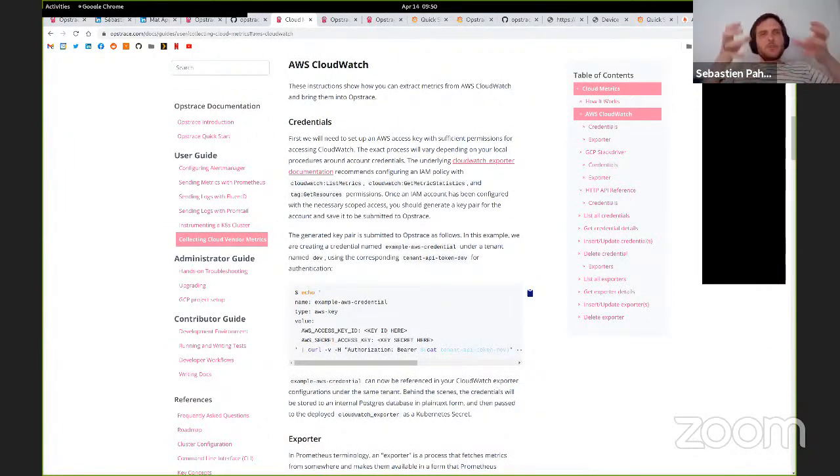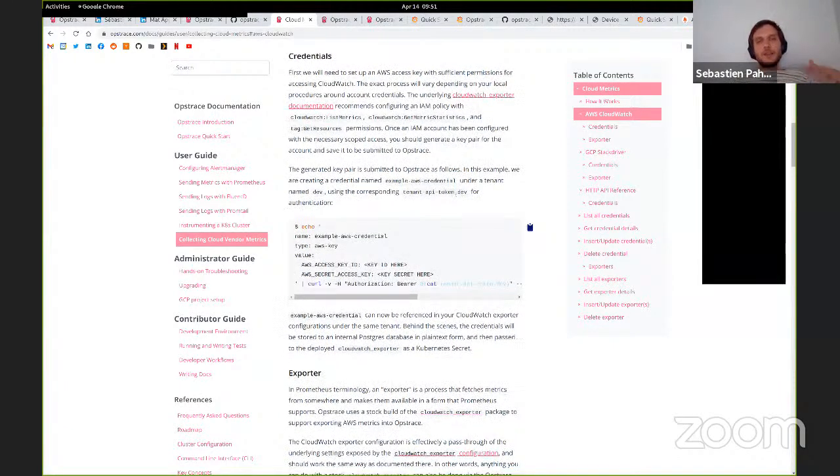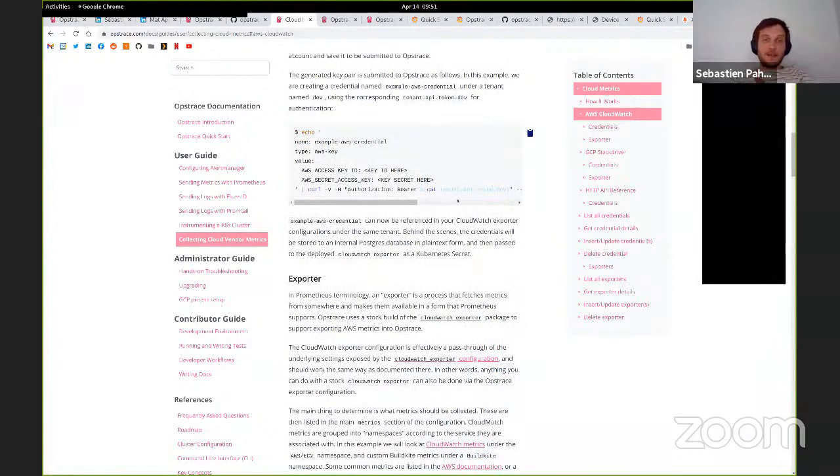Opstrace runs its own cloud account, so if it's going to have to query CloudWatch metrics from other cloud accounts, whether it's different clouds or the same cloud but a different account, it'll need tokens. So we created an API to submit credentials and store them on the Opstrace side, so that they don't have to be in the configs themselves.